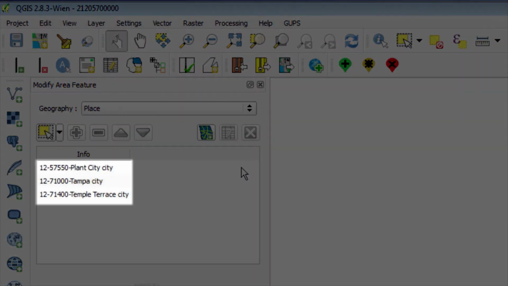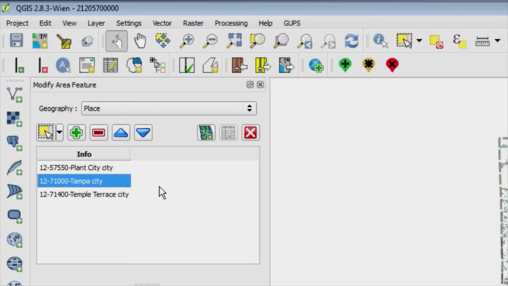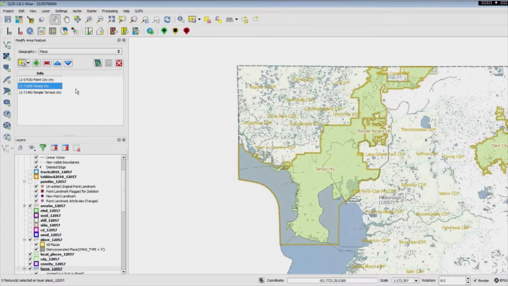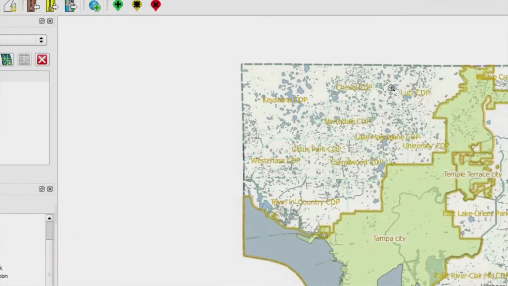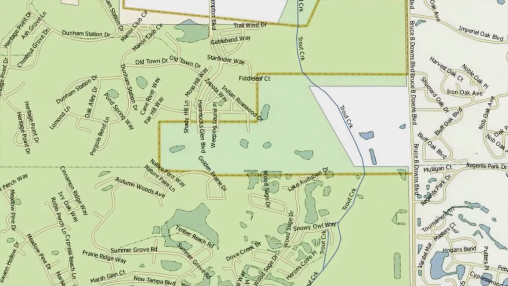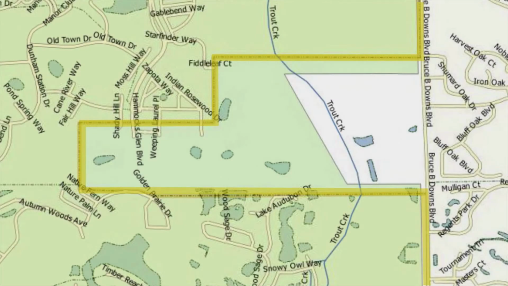A list of available entities populates in the Modify Area Feature tool. Select the name of the specific entity you would like to update. The selected entity appears in the map view. Use the Zoom tool to zoom into a location of the map to start looking for areas which require boundary changes and boundary corrections. The thick yellow line represents the boundary of the geographic place, in this case Tampa City,